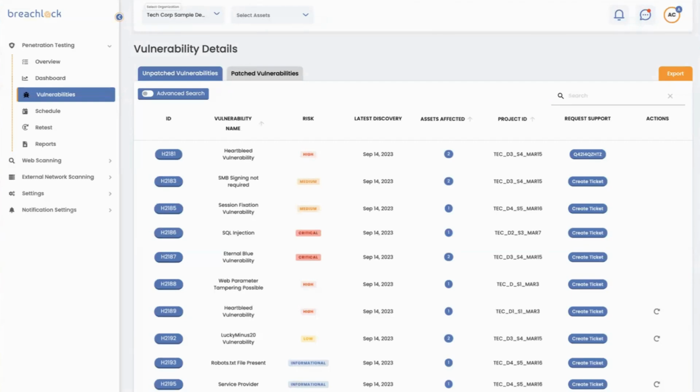Welcome to the BreachLock Platform and the demo of the PTaaS Vulnerabilities feature. Upon logging in, the user will see a set of features on the left and a tab for the Vulnerabilities